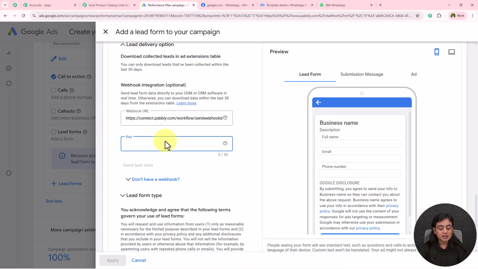And beneath it is asking for the key. For that, simply paste the URL again and erase all the data till this slash. And this will be the key, the ID of this URL. Okay. Now after entering the URL and the key, as I don't have any live campaign running,